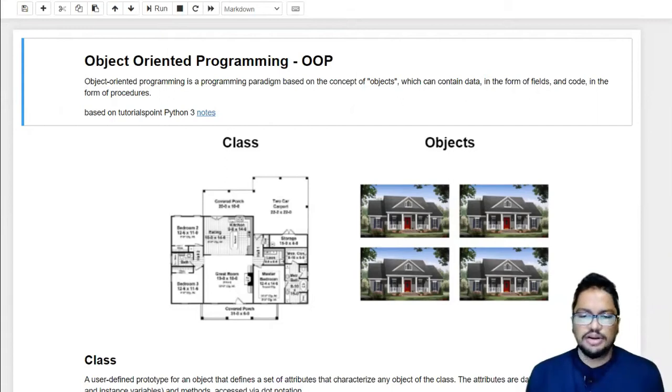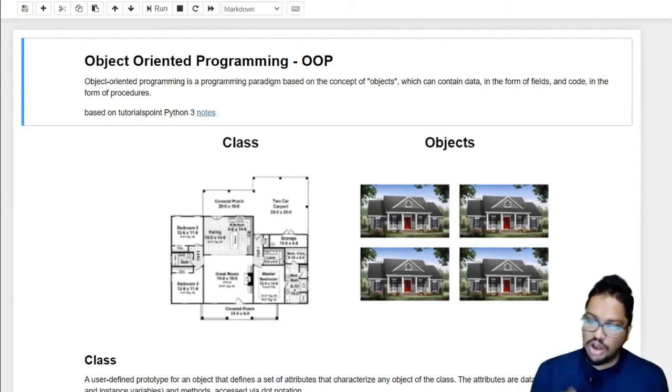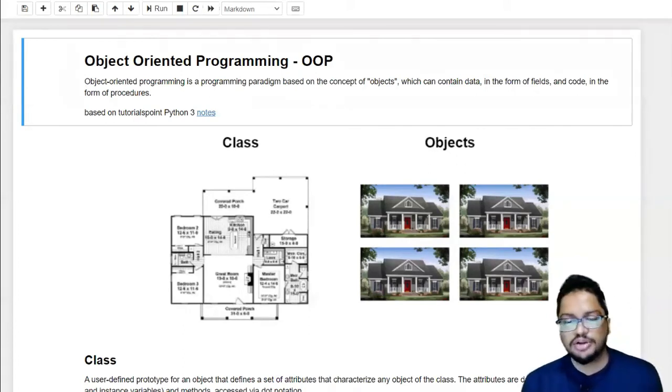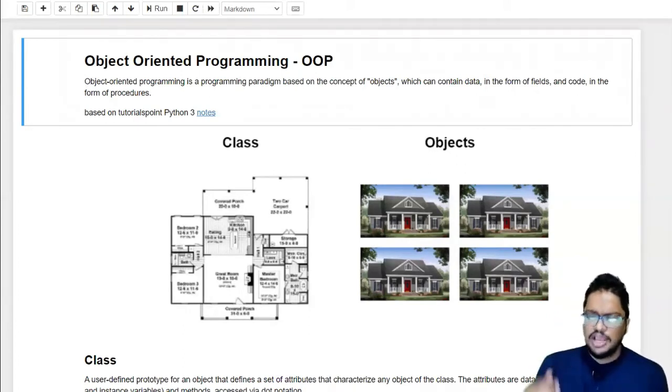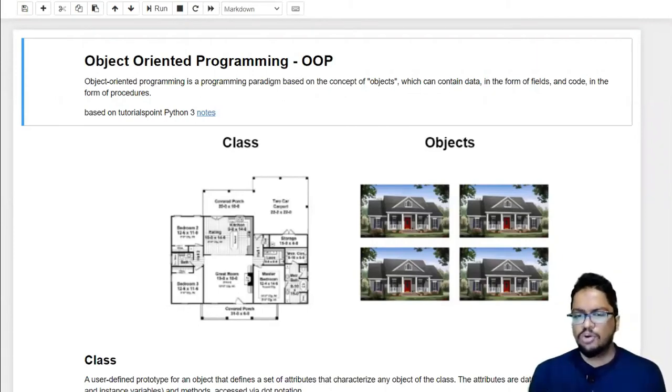When it comes to object-oriented programming, or OOP, we have to understand two main things. If you can clearly understand and differentiate between these two, then you can understand most of the object-oriented programming concepts. So we have two things when it comes to OOP: classes and objects. Before going on to programming concepts, let me explain it with a real-world example.